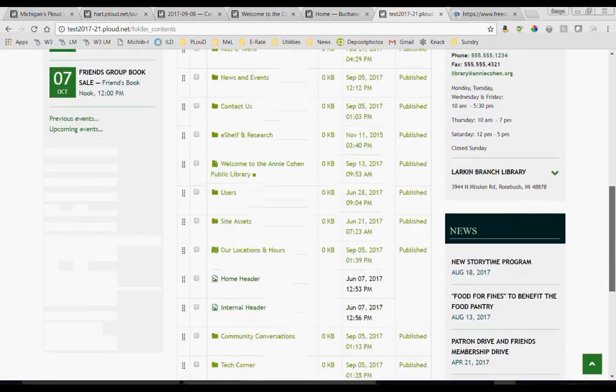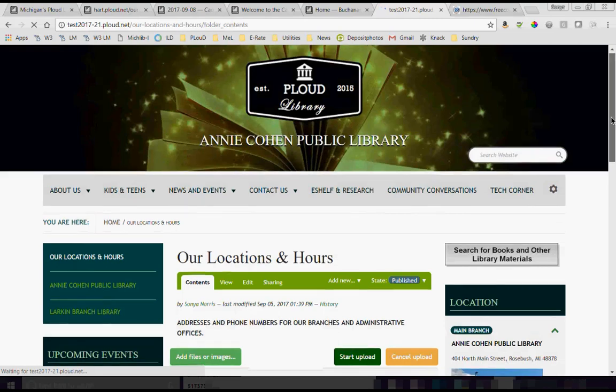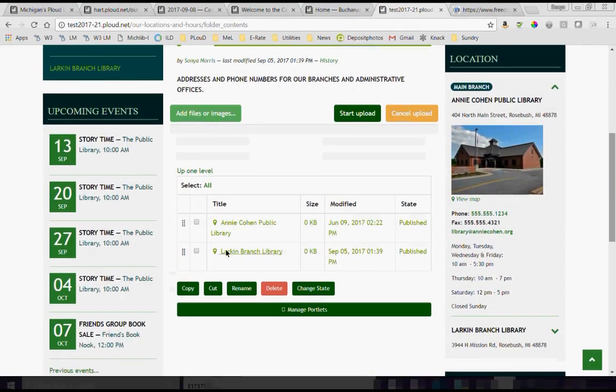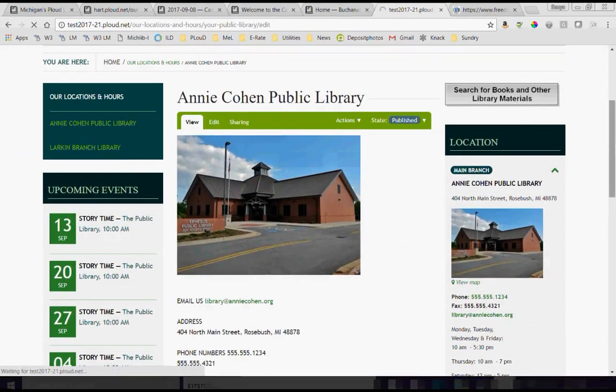And there is a widget called Our Location and Hours. And for this example site, we happen to have two locations. We have a main branch, and then we have a branch library. And if I open up Annie Cohen Public Library, I see that I have an image that's been associated with this